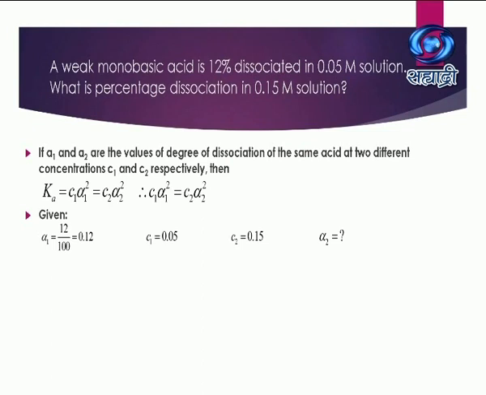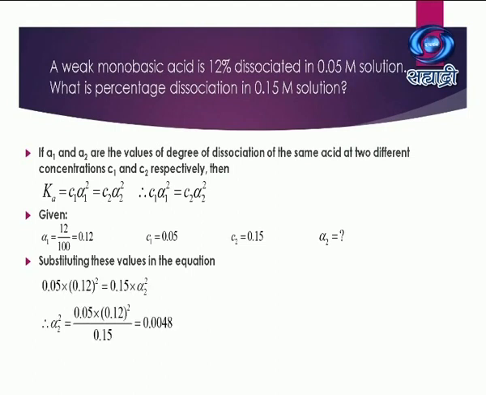So calculate its alpha by dividing by 100: 0.12. The corresponding concentration is 0.05, C2 is 0.15, and alpha 2 you have to calculate. Substituting in the equation, you will end up with the corresponding alpha 2 as 0.0693. Percentage alpha 2 is